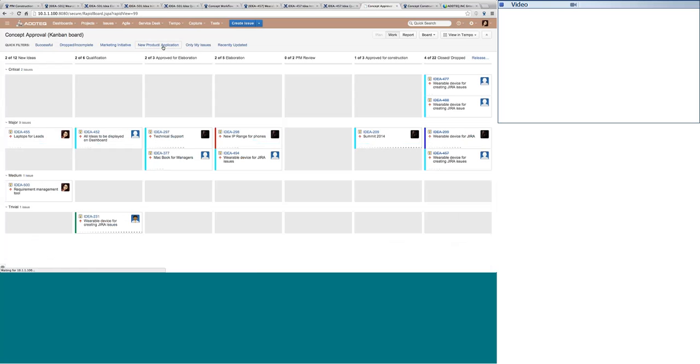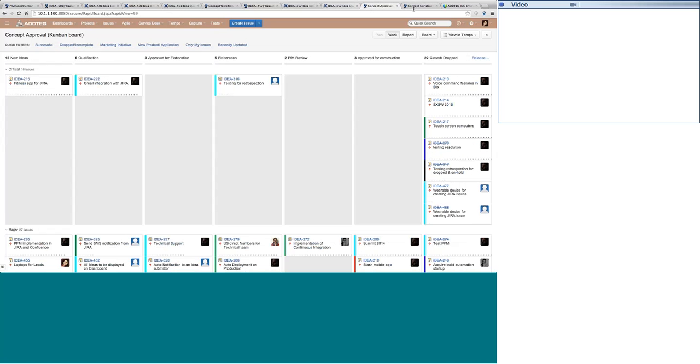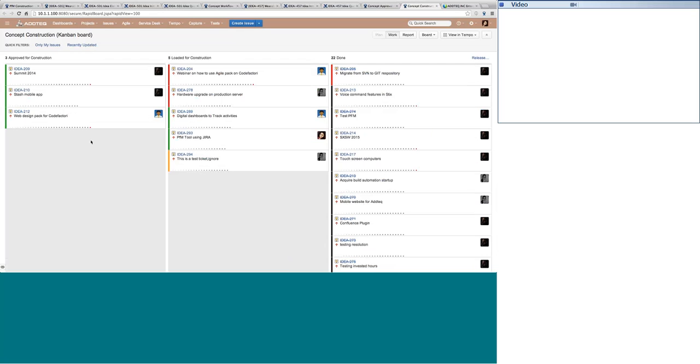So these are a few of the gadgets which we can use. Now, coming to the concept construction part, this Kanban board is more to do with the construction, implementation or delivery of the concept, from just being a concept or an idea to converting it into a project or a sellable product. When we come to the construction or implementation part, we are more concerned about due dates, efforts and whatnot. Here we have come up with color coding. Let's say there was a due date for a particular idea and we wanted this product to be in the market by such and such date.